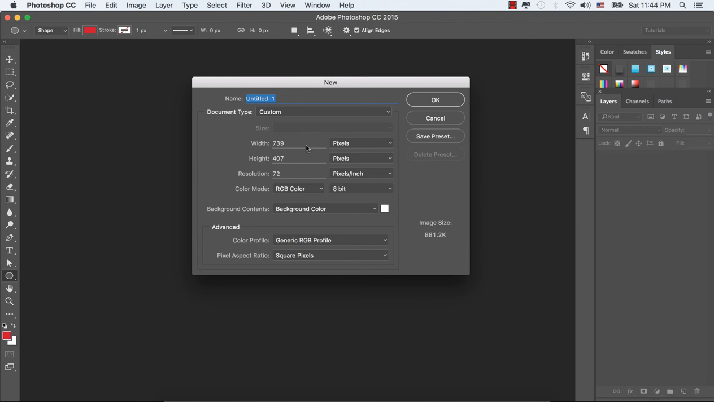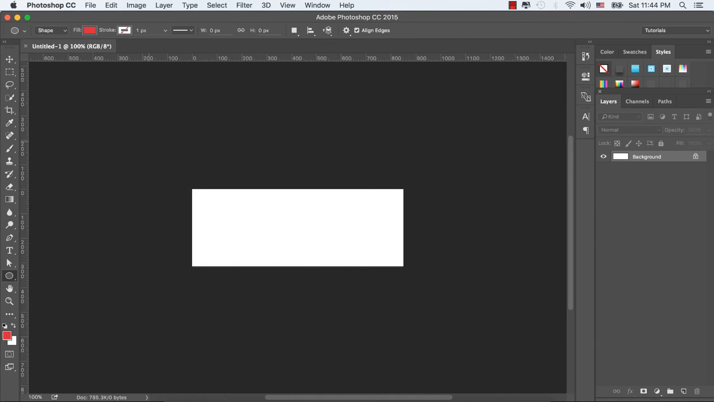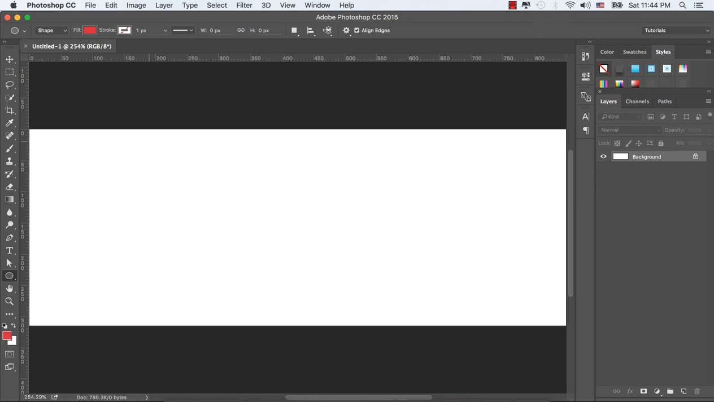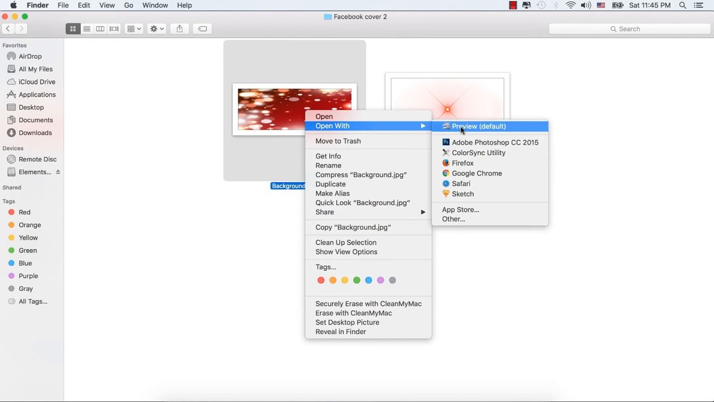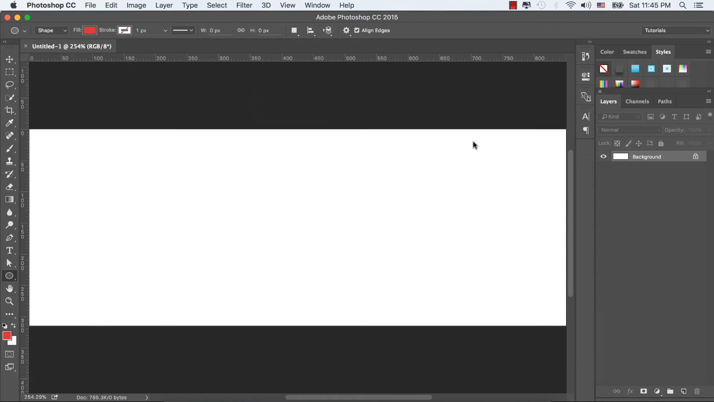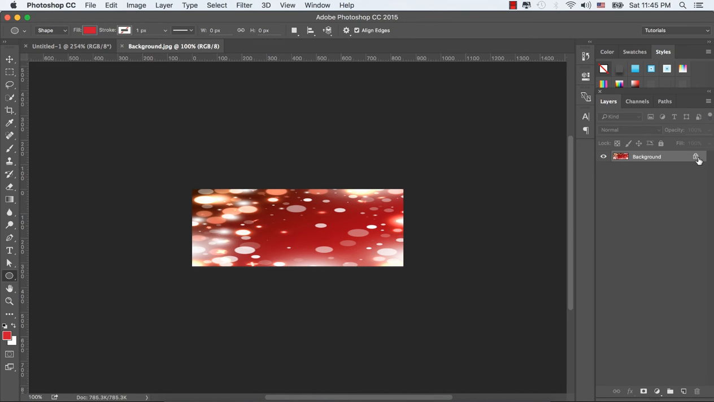Let's open a new file from the file menu and put it 851 by 315 and the resolution would be 72. Now let's press Ctrl or Command plus 0 to get actual size, and let's bring this background image from the image folder and